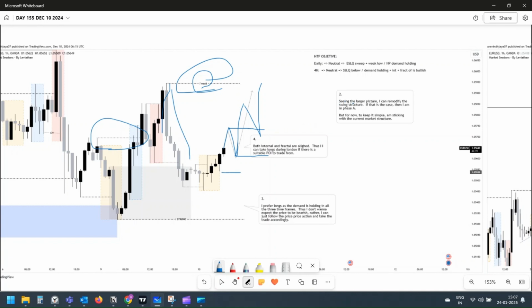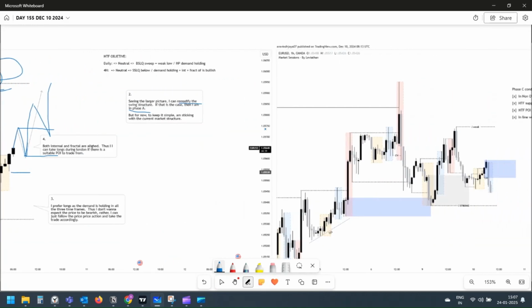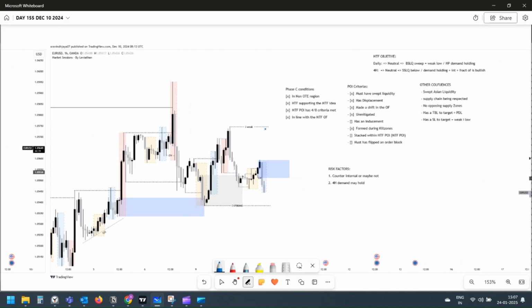So seeing the larger picture, I can remodify the swing structure. So that's everything I've written here. You can just refer to it by pausing the video. So yeah,